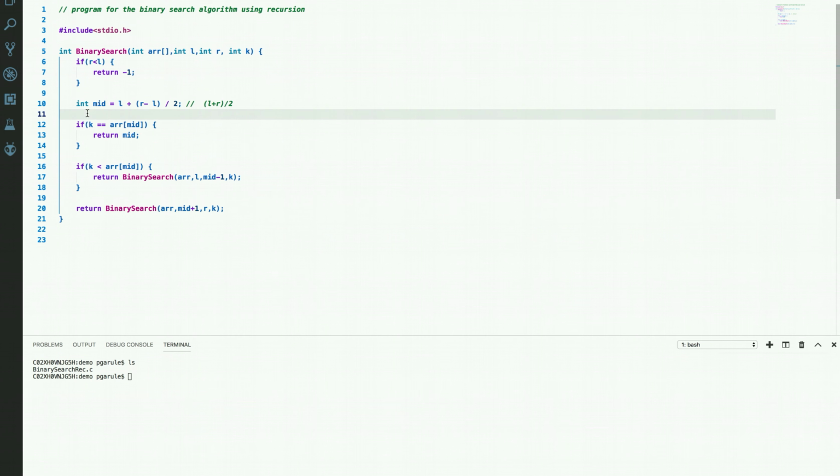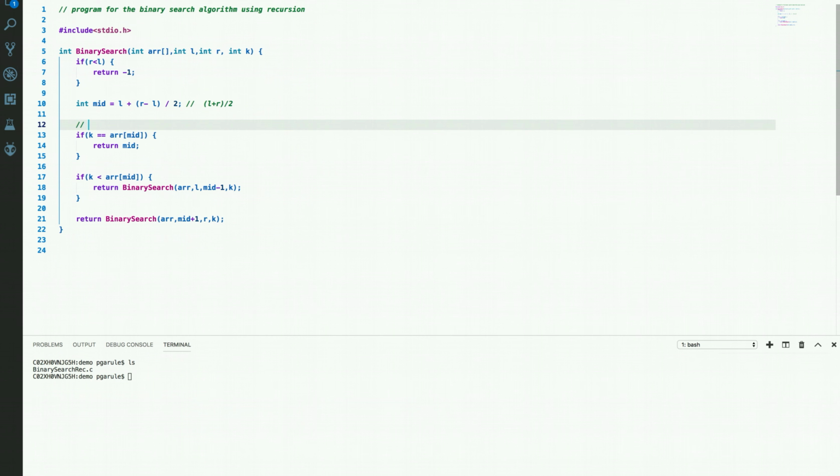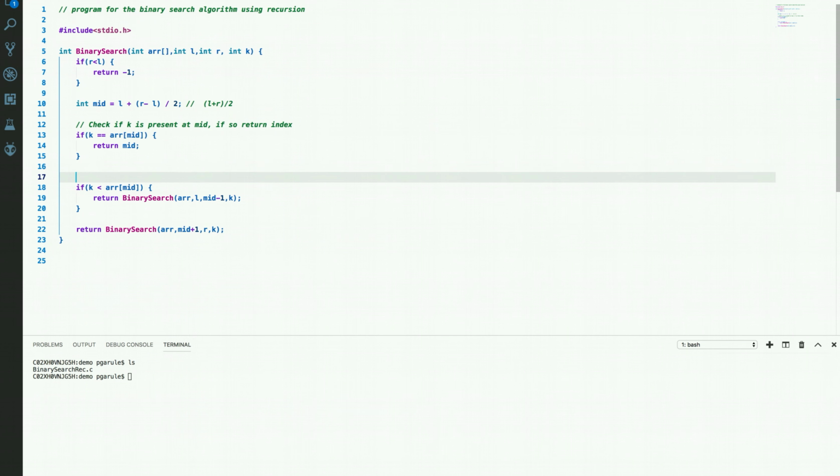Let me put some comments here so that it will be easy for you to understand. Check if k is present at mid. If so, return index. Here we are moving to the left half of the current search interval.